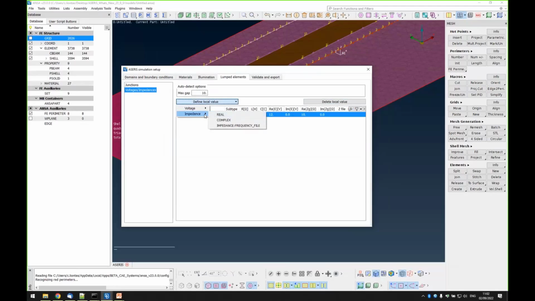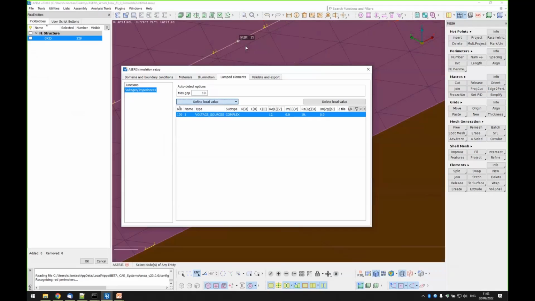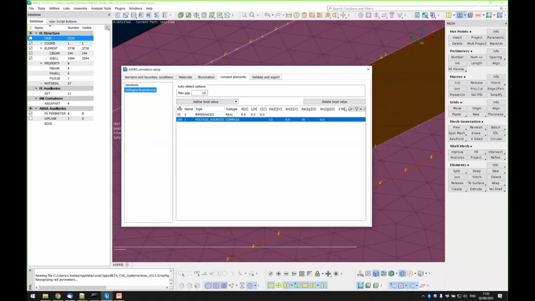You can also define impedances, so passive elements like resistances and capacitors. Let's say I want a real impedance somewhere here. You can also do a 2-click definition by clicking these 2 nodes here. Okay, this is a complex impedance.